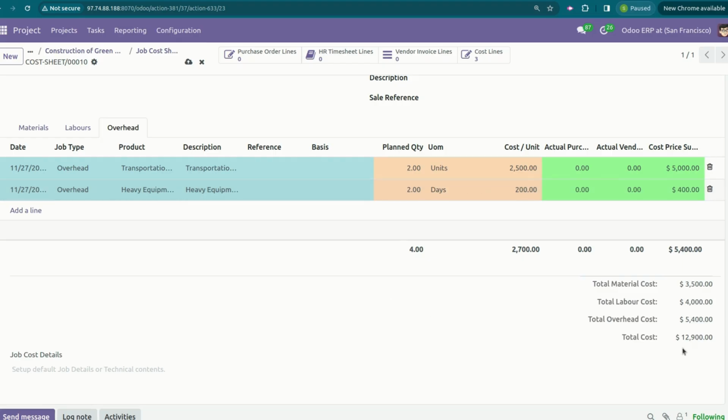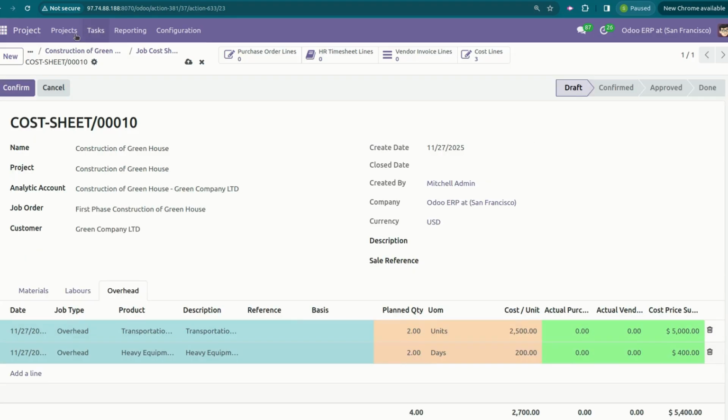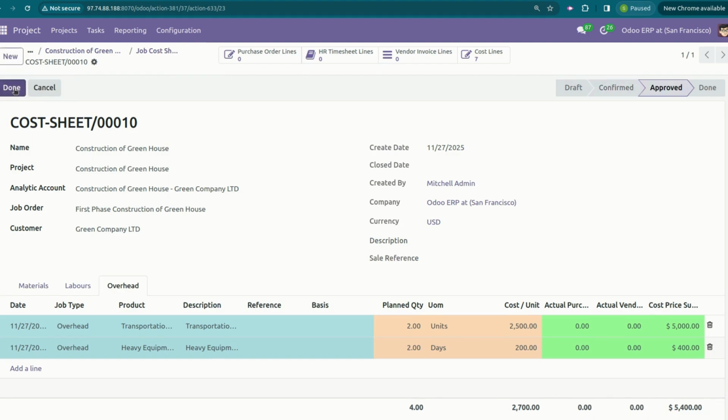Down below you can see the summary of the costing: the material cost, labor cost and overhead cost. If any third-party contractor or subcontractor is involved in this project, you can create that as an overhead. Now it will be approved internally. Once it is submitted and approved internally with the respective department, then whenever the actual project starts,